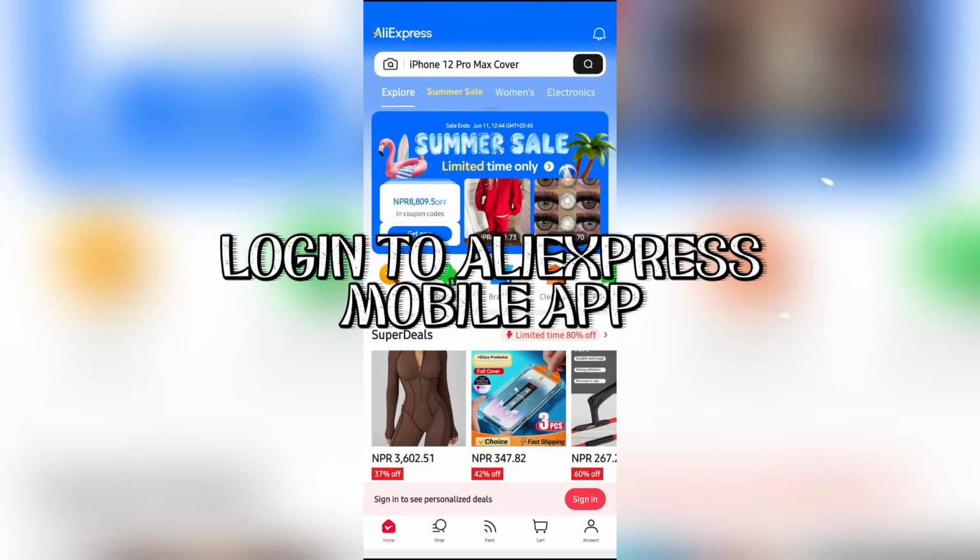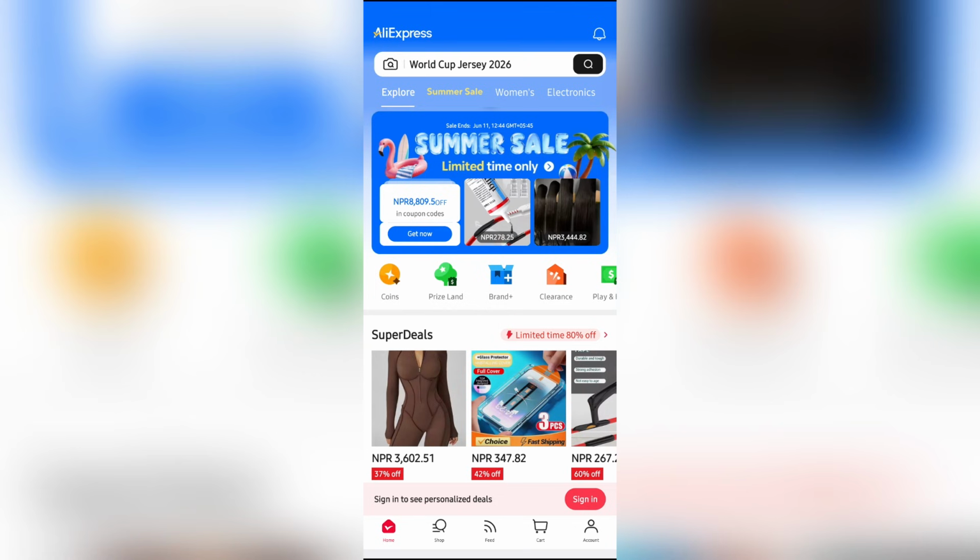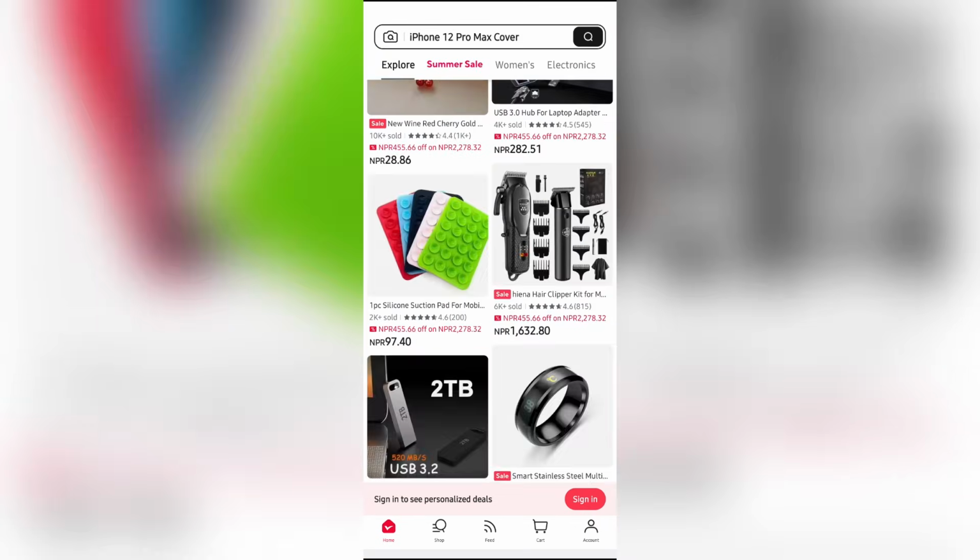How to log in to Aliexpress mobile app. Now, in order to log in to your Aliexpress mobile app, you just simply need to open the Aliexpress app